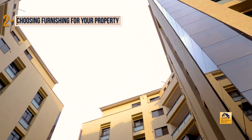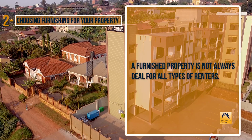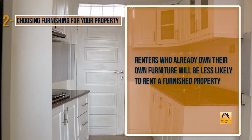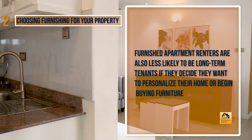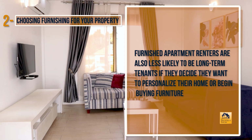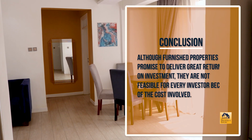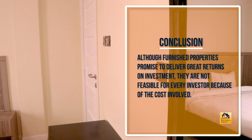Number 3, choose furnishing for your property. A furnished property is not always ideal for all types of renters. Renters who already own their furniture will be less likely to rent a furnished property. Furnished apartment renters are also less likely to be long-term tenants if they decide they want to personalize their homes or begin buying furniture. In conclusion, although furnished properties promise to deliver great returns on investment, they are not feasible